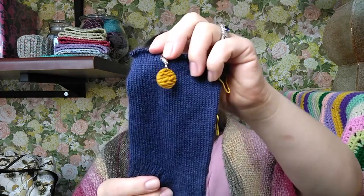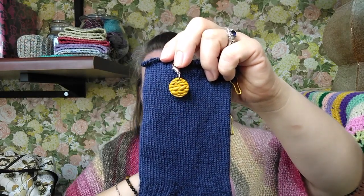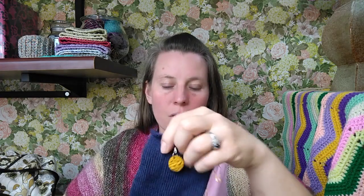Alright, so that is my progress keeper. This is one of a set that I got from Little Yarn Croft, and it is a Pincushion Crafts progress keeper. I really like these ones. So let me add one to the little